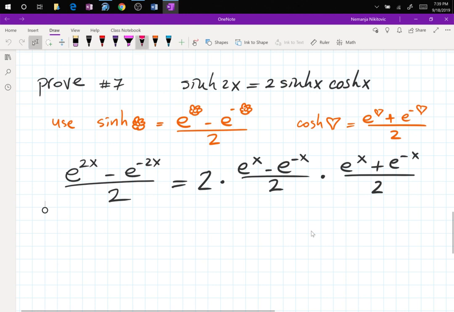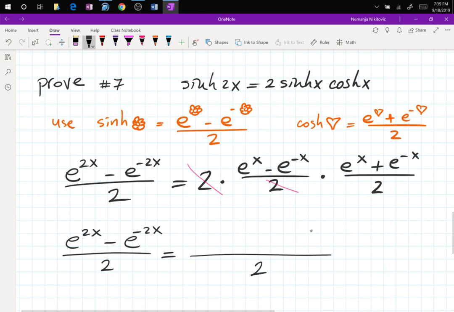So these 2's cancel. The left-hand side stays as is because there is nothing you can do. And the right-hand side now has single divided by 2. And the top, we have to FOIL. Good. So e to the x times e to the x is e to the x plus x,